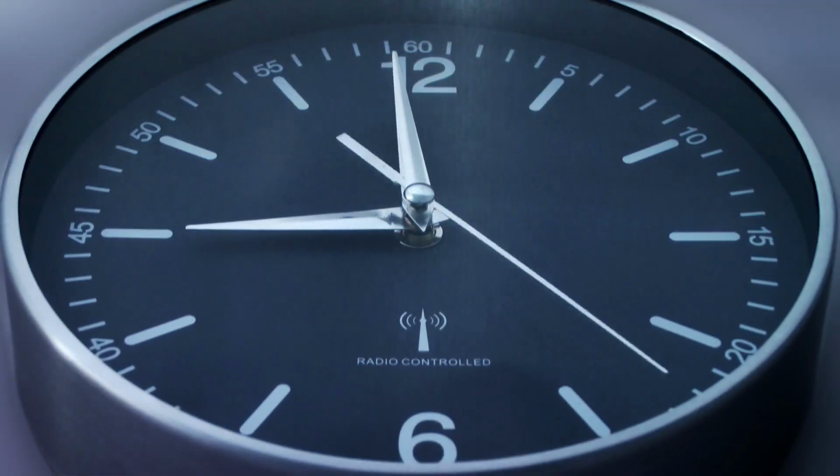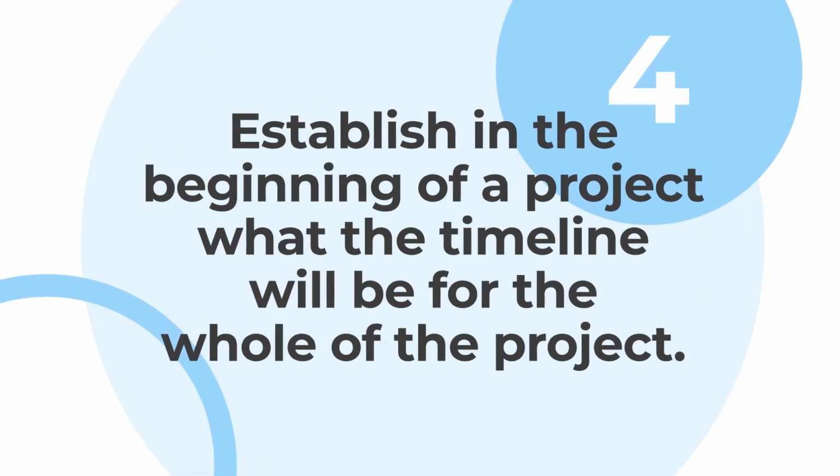Number 4, and this one is so important, not only in having good management of your client's expectations of time, hint, hint of what number 4 is, but also in establishing leadership in a project, which is crucially important. So number 4 is establish in the beginning of a project what the timeline will be for the whole of the project. Now, this goes deeper and is more in depth than your project will take about 3 months. No, about 3 months? How many months? What amount of weeks are you in control of? What amount of weeks are maybe in a contractor's control that you're not in control of? And manage the expectations of time.